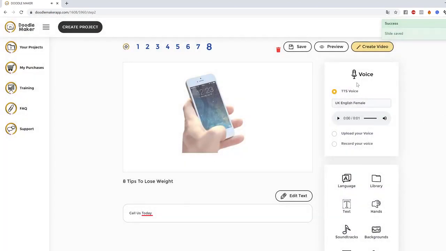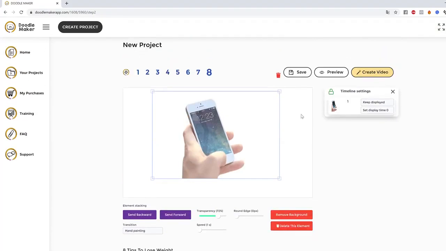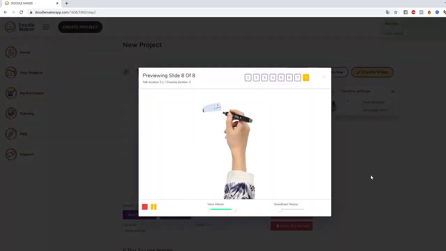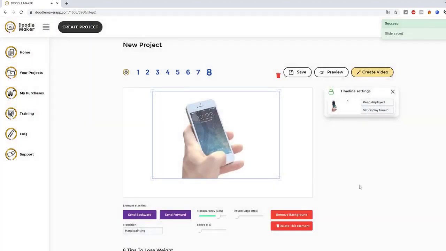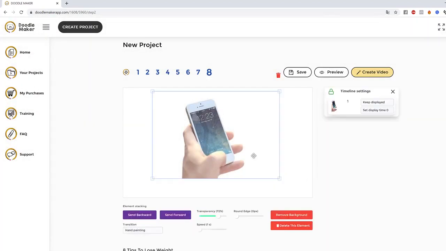You can do that. You can even do, for example, a hand painting thing that I was telling you about and change the speed of it, how quickly you want it, how slow you want it, and so on. You have the full flexibility here. So, for example, you want to do that. Let's click preview. Call us today. There you go. So you can even do that as well if you wanted to really ramp up your video